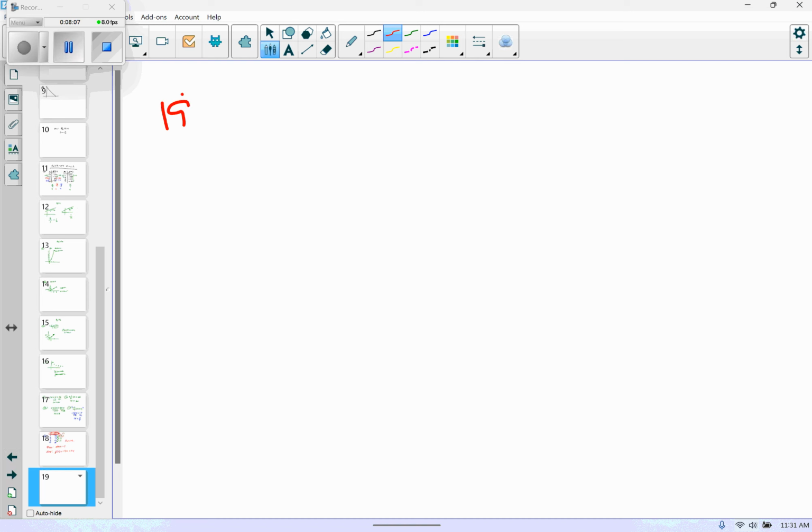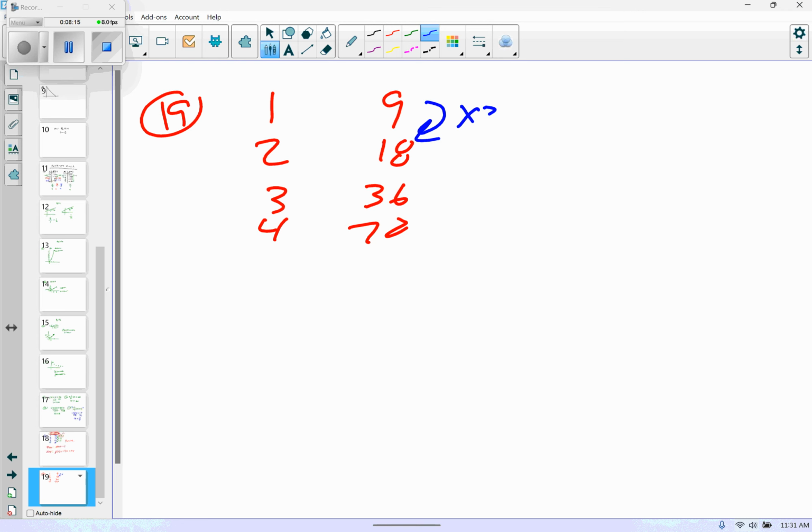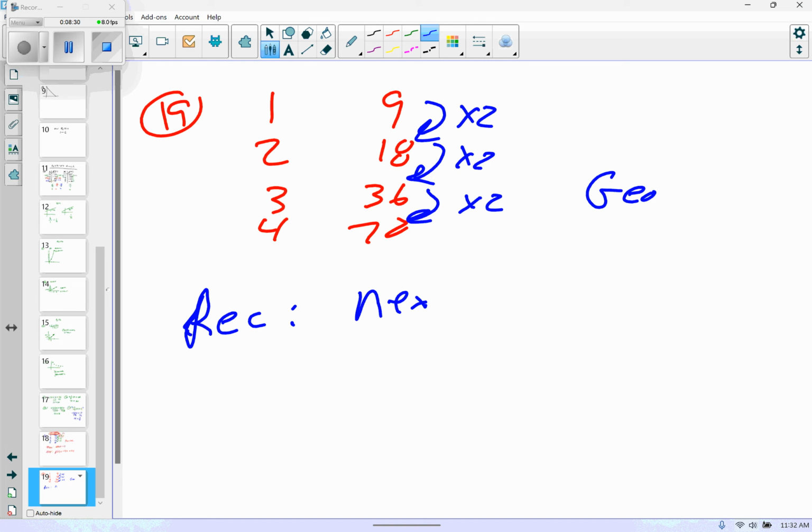Number 19. And 9, 18, 36, 72. Looks like these are doubling, so I'm multiplying by 2. So if I multiply by 2, that's going to be geometric. Okay, so my recursive is going to be next times 2. And my explicit is going to be,